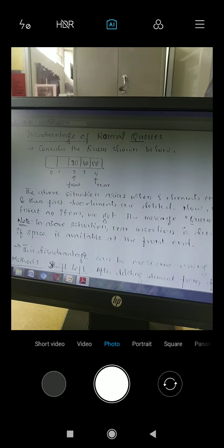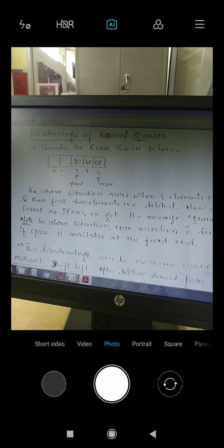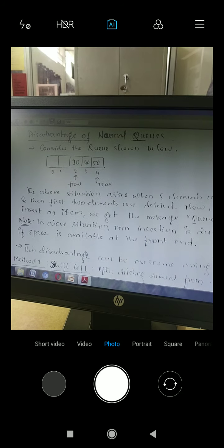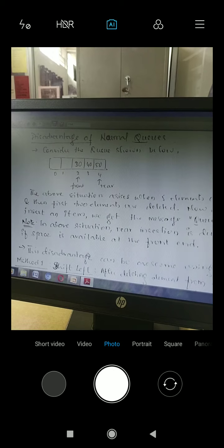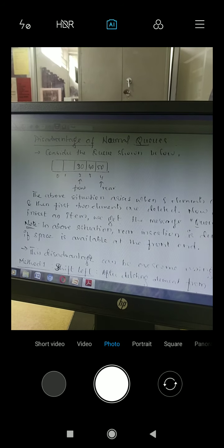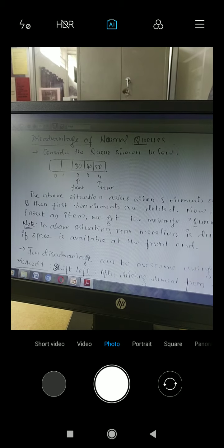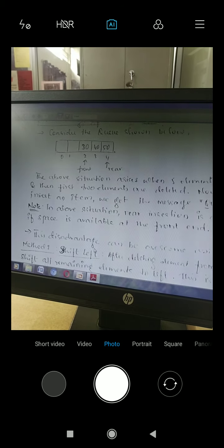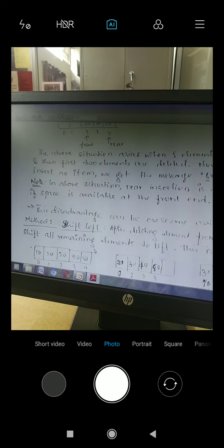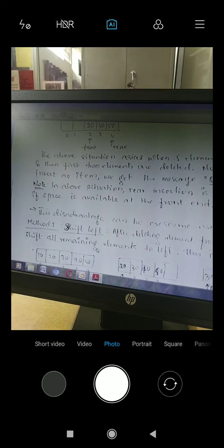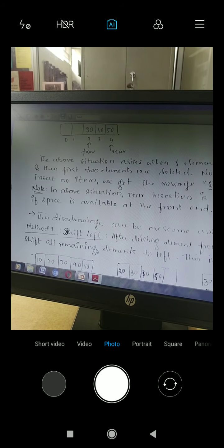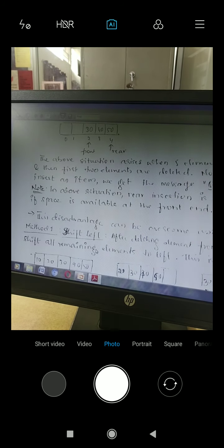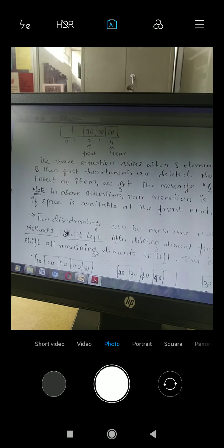Next, we'll see the disadvantages of the queue. As you see in the diagram, there are locations 0 1 2 3 4. The 0 and first locations are empty, and the second, third and fourth locations are filled up. So if I want to add a new element, it is not possible. Because if you already inserted elements and then delete any element, that space will not come back. It shows the message overflow. Even though the deleted space is available, it cannot be reused.